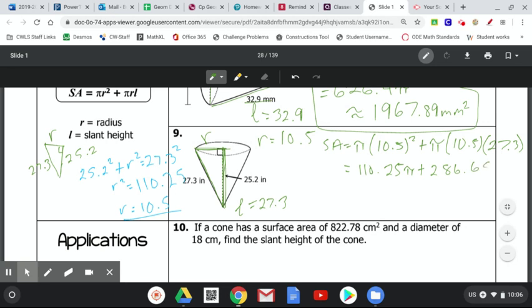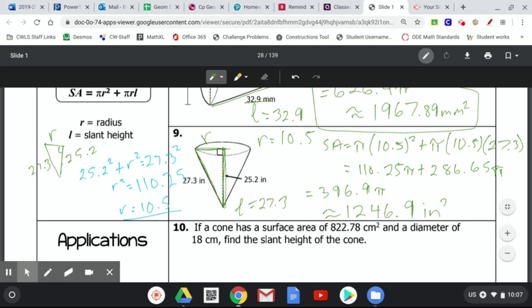286.65 pi. And if we're trying to find the exact answer, which Math Excel might ask for, it's going to be 396.9 pi. So that's just adding 110.25 plus 286.65. Adding those two numbers together, we get 396.9 pi. And then our decimal approximation is going to be 1,246.9